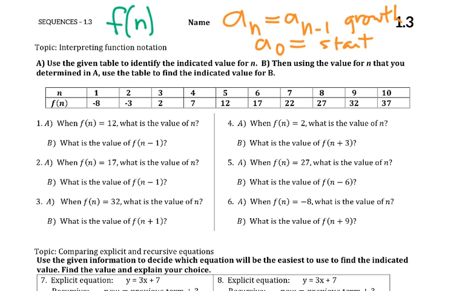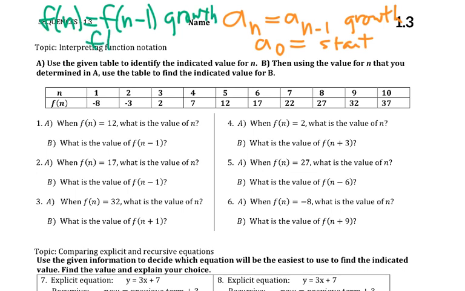If we were to write that same recursive, it would be f of n equals f of n minus 1, and then plus, multiply, divide, or subtract the growth, and then f of 0, like a sub 0, would equal that start number. Okay, so it's the same idea. The number inside is like the term. Okay, what the whole thing is equal to,